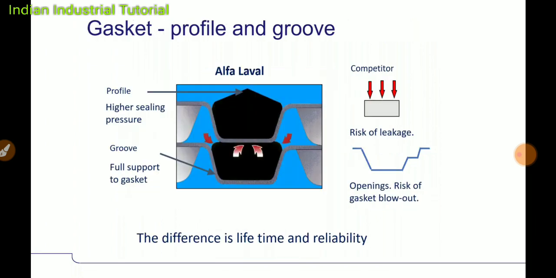This is the actual shape you can see here in a gasket. This top profile is a conical shape or rooftop shape. If it is pressed against the next plate, you will find the red arrows are creating more force, and that will give more sealing force because of the design of the profile of the gasket. And the rooftop point is at the center. Gasket and plate will remain at the center. It will not shift outside the plate back. Once these gaskets are flat, the plate will go zigzag, and the entire sealing force will collapse.